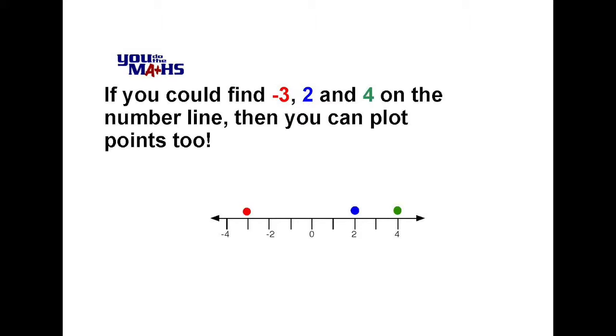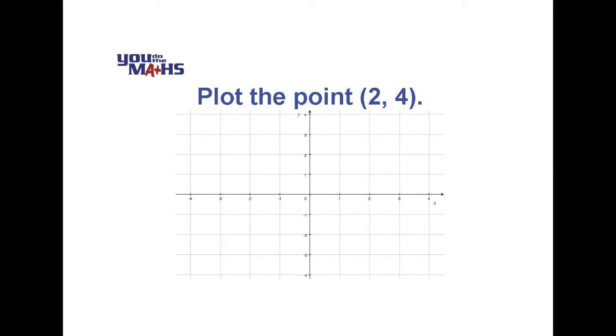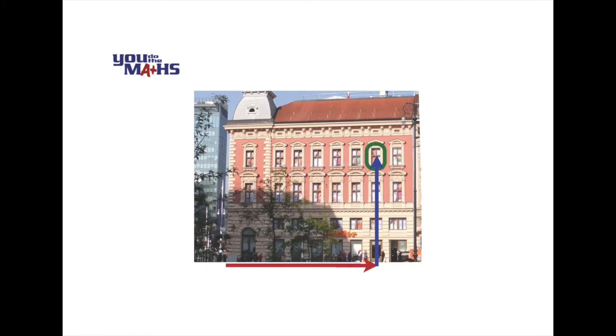Let's have a look now at how we plot a point on the Cartesian plane. In this case, we've got the coordinates 2 and 4. So how do we go about this process? Well, let's pretend for a moment that we're looking at a building. So what we might do is position ourselves at the corner of the building, in this case at the very left-hand corner. And we can see here with the red arrow, we've had to move across horizontally to find the entry point of the building. Once we find the entry point, then we can go up to the position that's been identified in the green